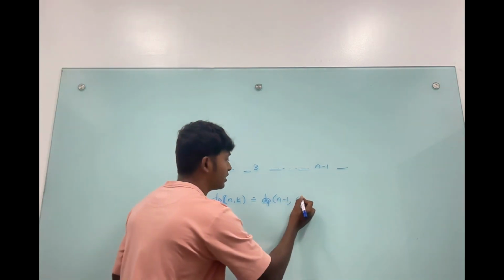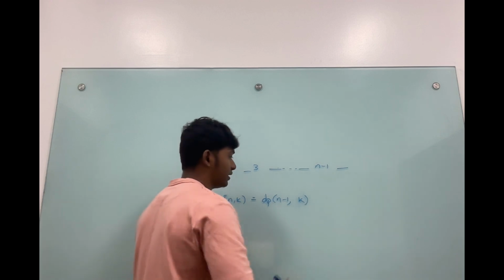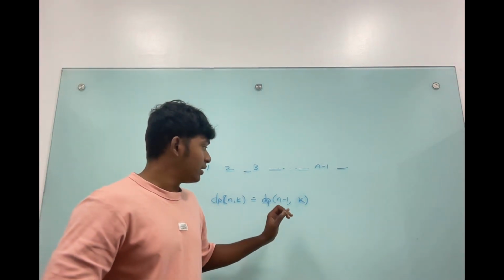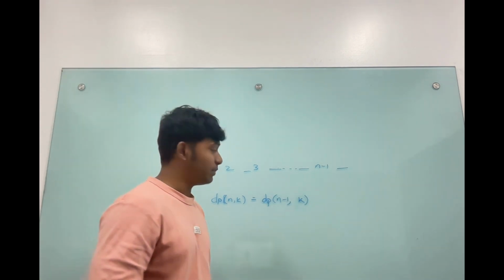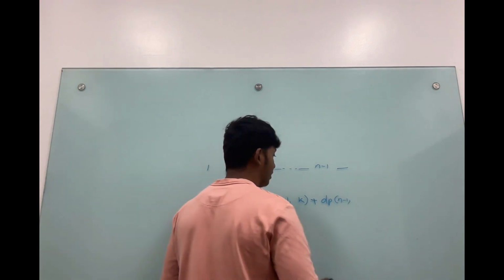So if the array of size n minus 1 has exactly k inverse pairs, that is fine, because if I add n at the end, it will still have k inverse pairs. Plus dp of n minus 1 comma